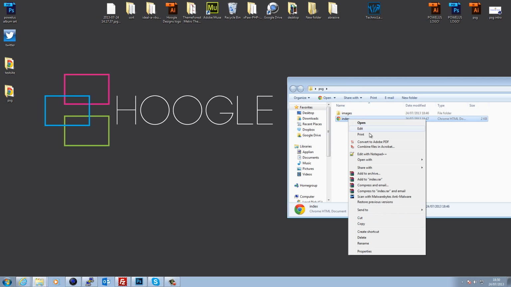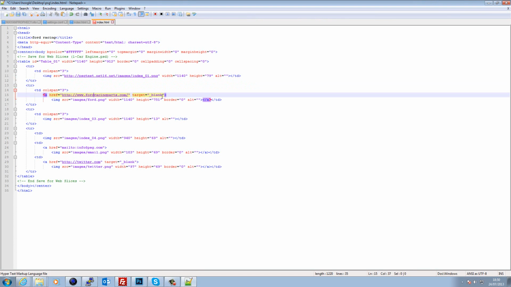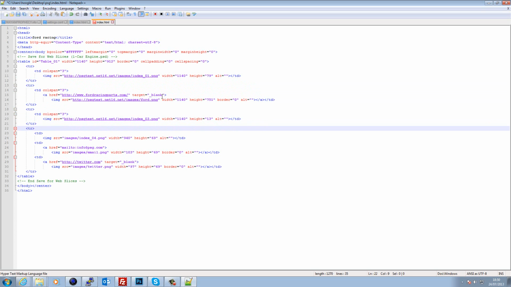So you want to go back here, right click, edit with Notepad++ if you have that, or any editor of your choice. And where it's got image source, because it's no longer local, you just want to go in between these speech marks and just press Ctrl V, and that will give you your new URL. So then, because all your images are no longer hosted on your computer and it's not attached to the email,